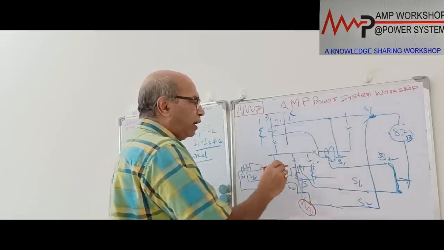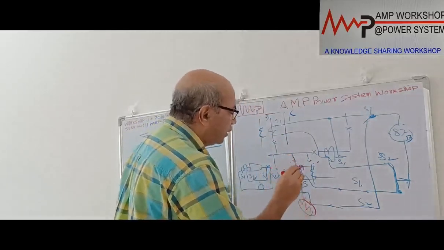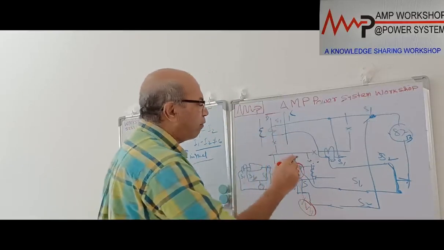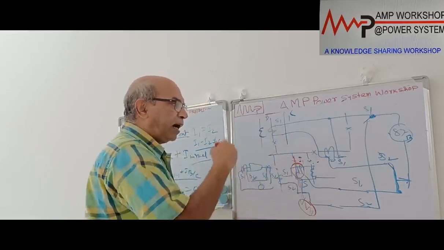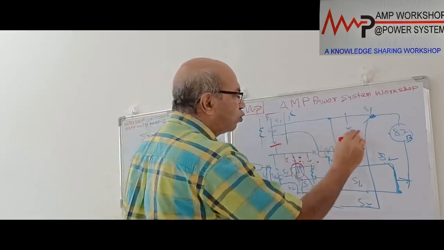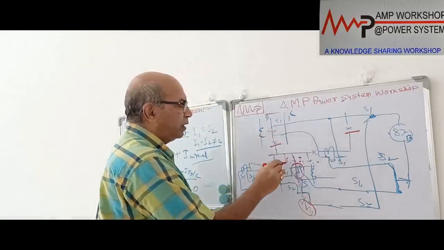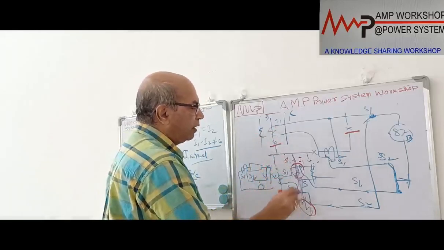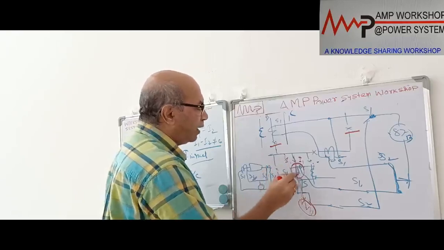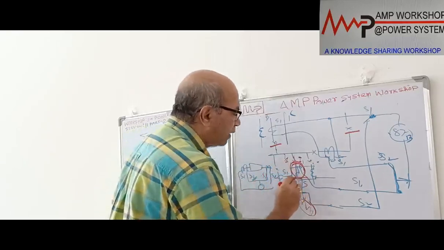So all the fault current will be coming from the incomer and it will go through this CT. So this CT will be seeing the entire fault current IF. But in the other case, if there is a bus fault over here, the fault current is seen by these two CTs, either this or this, not the entire current by this CT. But when there is a fault over here, the same fault current is flowing, but the entire fault current is seen by this CT, and this CT will get saturated.